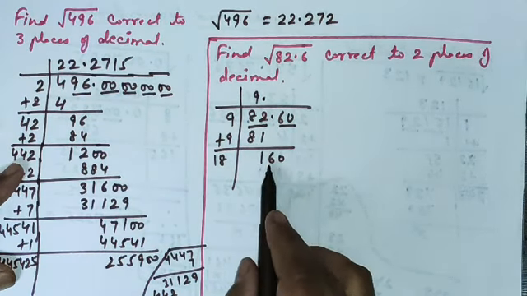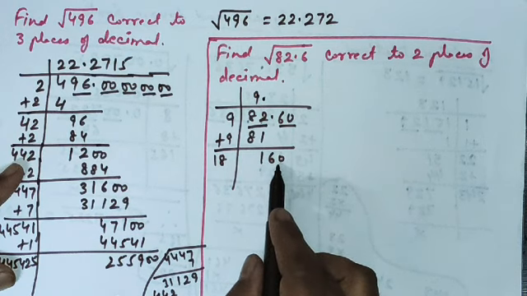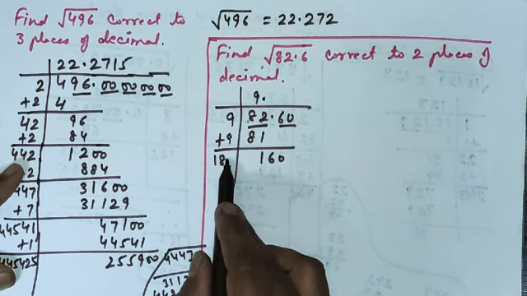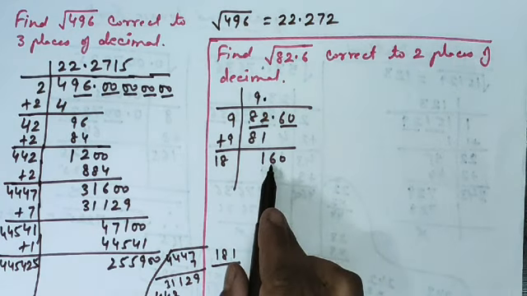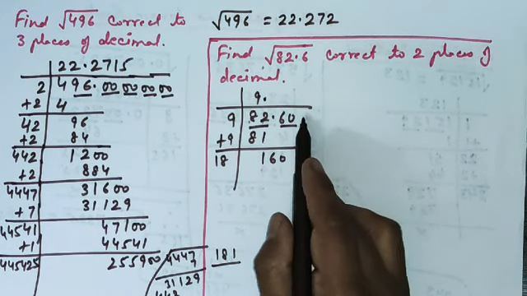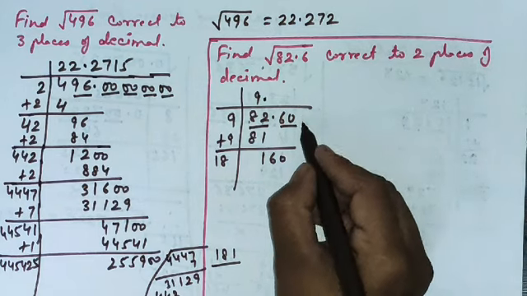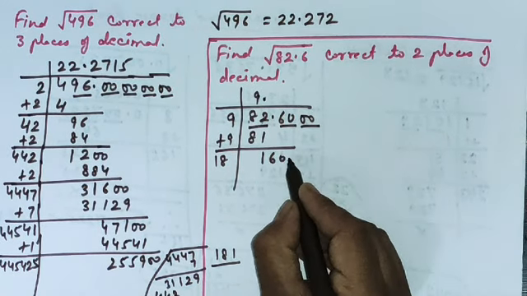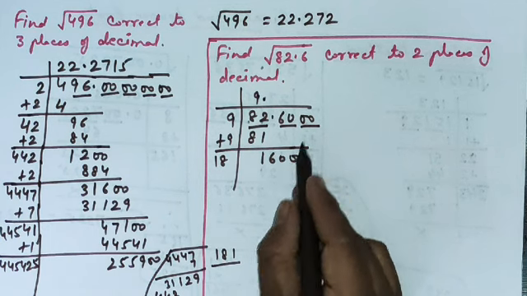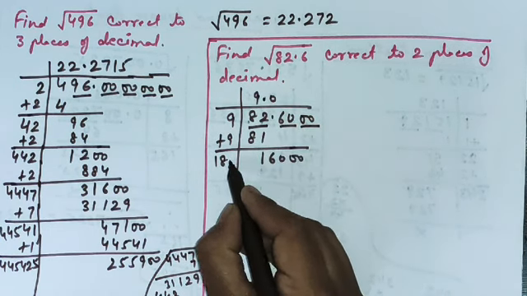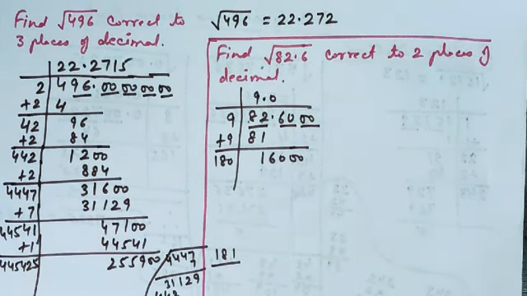So you see, if after taking 60 down, if I take 1 with 18, that means if I multiply it with 181, then also the number is 181. 181 is greater than 160. That means I have to carry 2 zeros here again. So I will write 2 zeros here, and that I will carry here. And because I have carried two pairs together, I have to take 1 0 here and 1 0 here. Now 180 is the number.